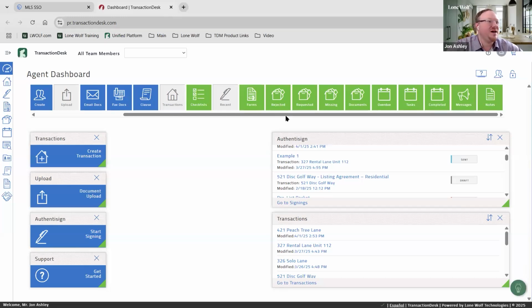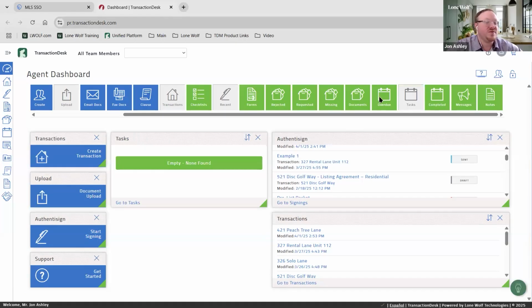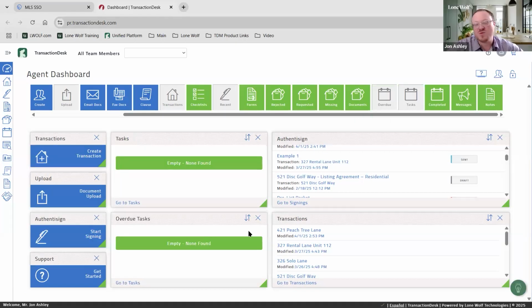Okay, there we go. We also have things like missing items or tasks or even overdue tasks. So if you choose to use checklists, which we always suggest using checklists to help you keep track, then